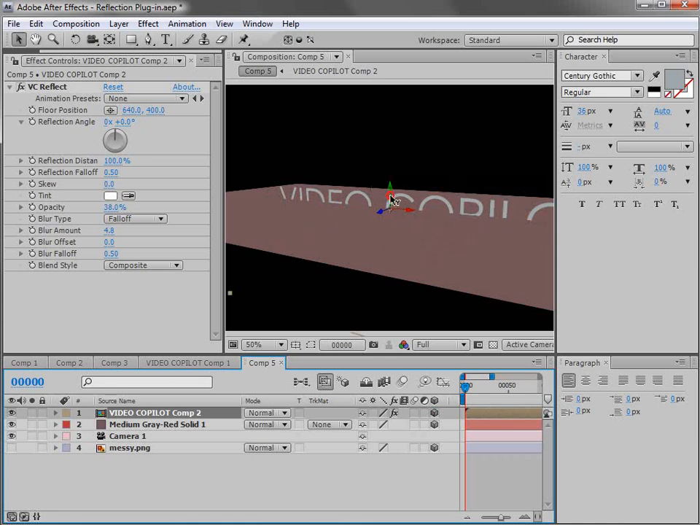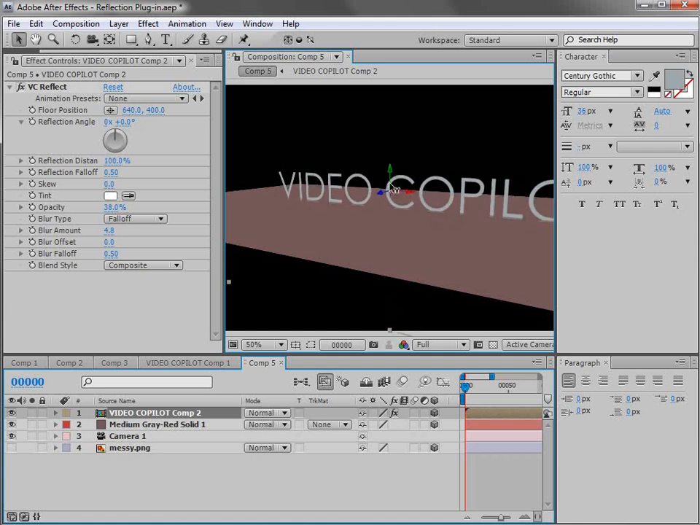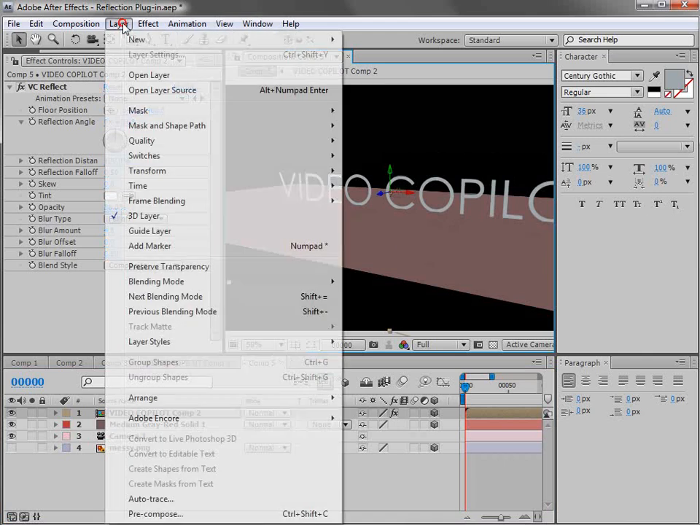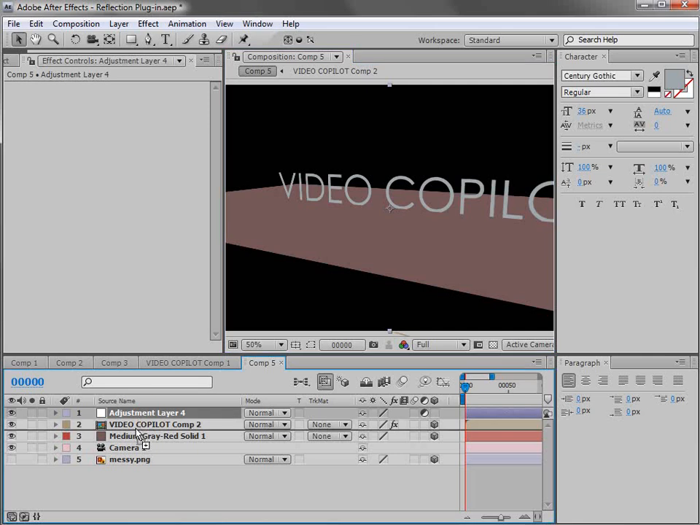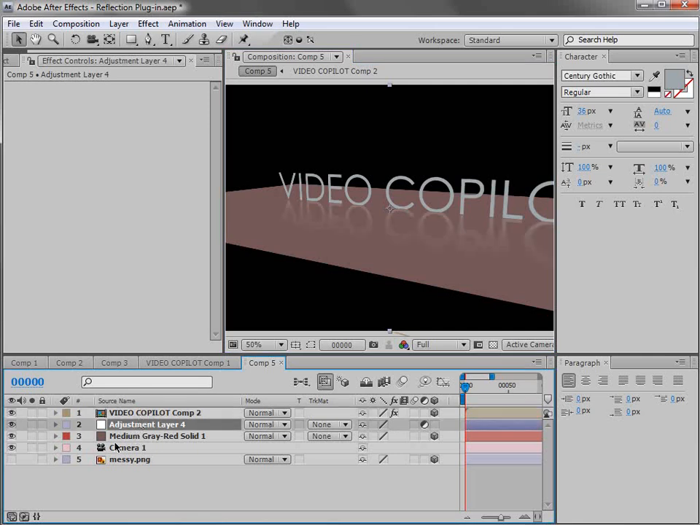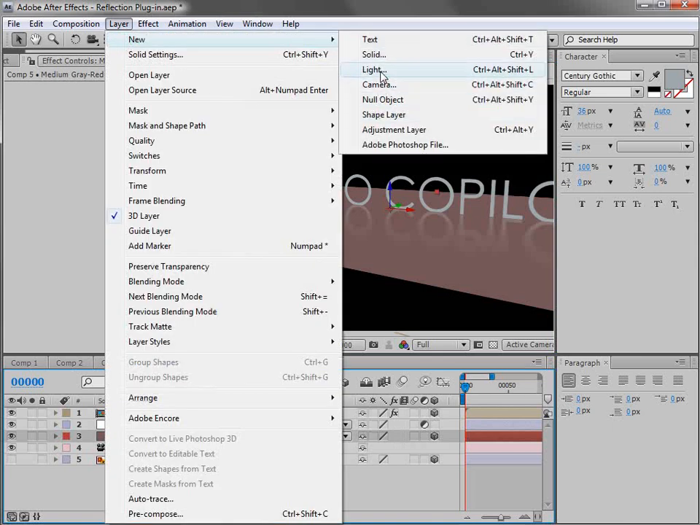So if we move it up, right where the two elements would intersect, about there, you can see we have a little bit of a problem. So in the previous tutorial, we used a trick by using an adjustment layer, putting it between the two layers, so that they render in the correct order. And I can maybe create a light